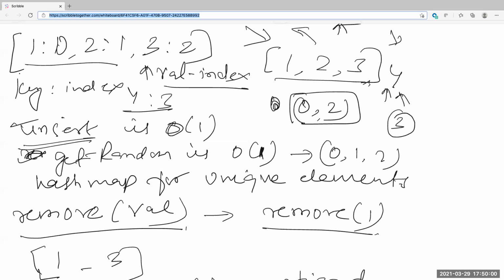So basically, in the remove, if we want to remove some value, then find the last inserted element's index and put whatever is there in the current place. Then we reduce the list by 1 as well. And then we can remove the same element from the map by looking up its index. I think that's the answer.